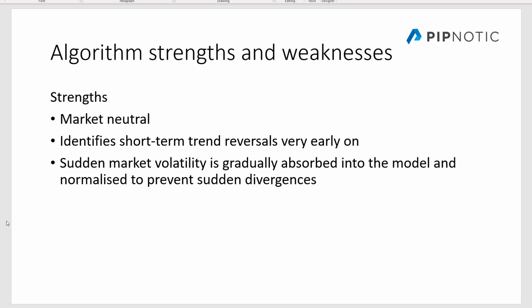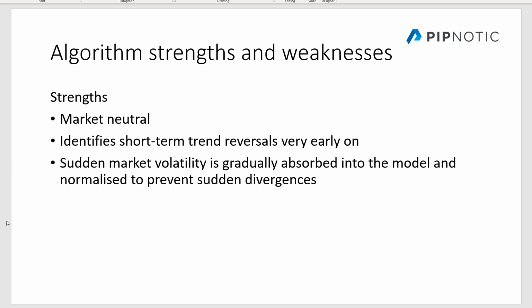Sudden market volatility is gradually absorbed into the model, and it's massaged a little bit using very simple normalization. This helps with sudden data releases that would cause enormous spikes in volatility and in currency strength. It is absorbed and massaged just a little bit to help get in at an even better price, because even when you have enormous data discrepancies released into the market, which causes the value of a currency to go higher or lower,